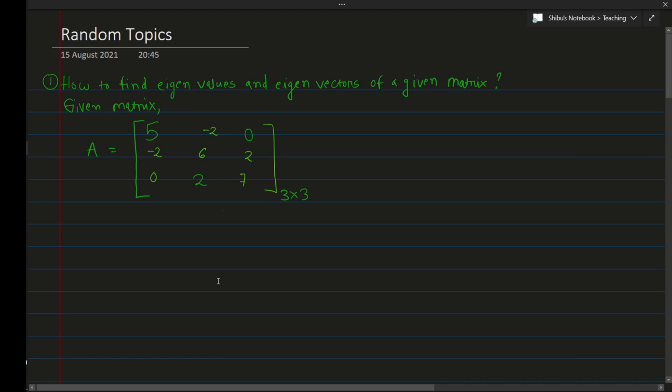So hello everyone, today we are going to learn how to find the eigenvalues and eigenvectors of a given square matrix. Before going into how to find these eigenvalues and eigenvectors, we have to know what is the meaning of eigenvalues and eigenvectors. Before explaining them, I would like to revise some of the basics of